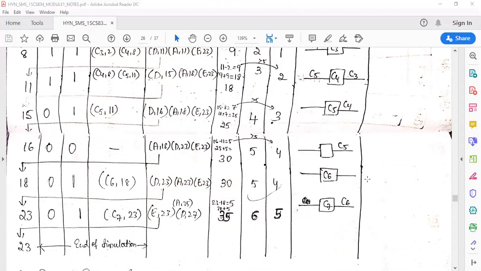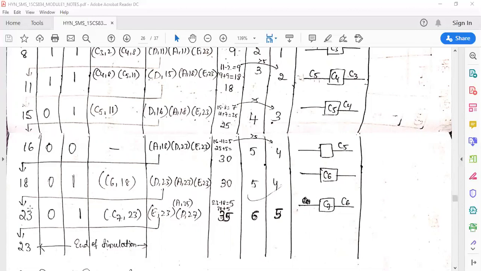So who has come? Sixth customer has come, right? So anybody is there in the queue? Nobody is there in the queue. Status of the server, server is busy. Sixth customer has come, so C6 comma 18, right? So once again, you will maintain the same thing because there is no departure, right? So next is the last one. You have D comma 23, A comma 23, and E comma 23, right?